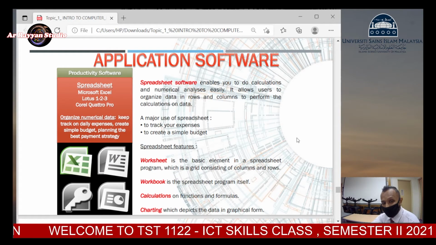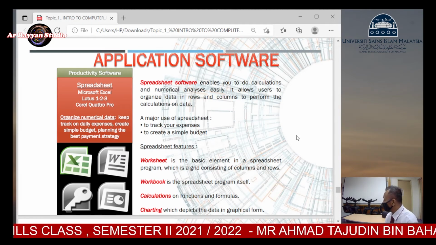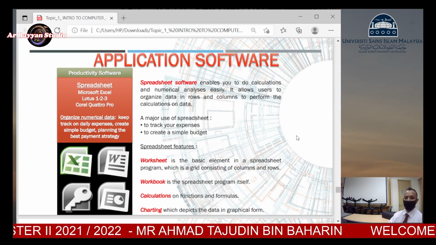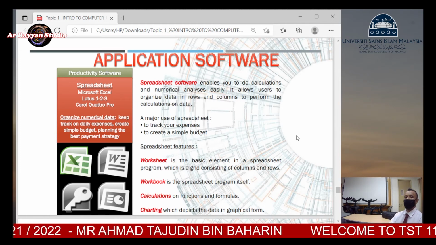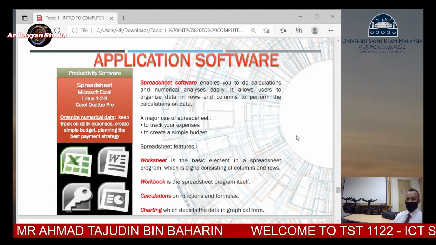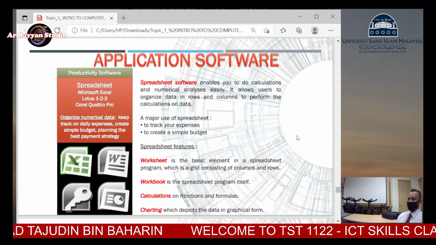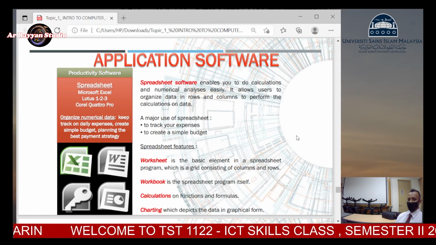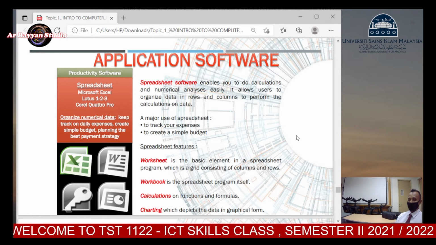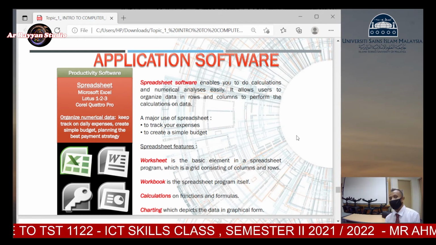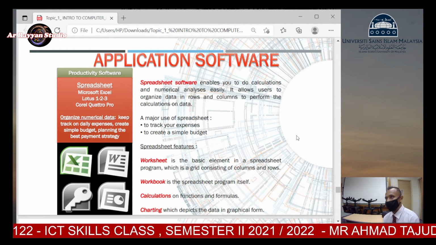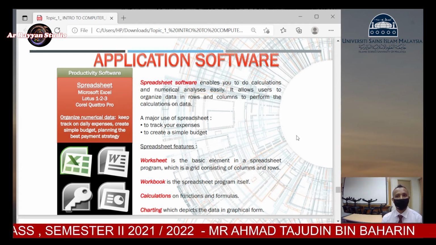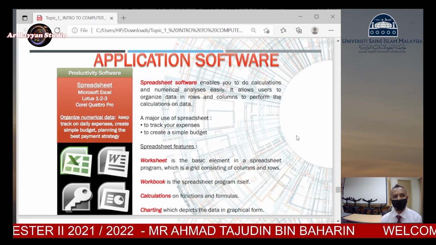Alright, next is spreadsheet software. Example, Microsoft Excel. We have Lotus 123 and Corel Quattro Pro. Okay, this software enables you to do calculation and numerical analysis easily. It allows users to organize data in rows and columns and perform calculation on data. Okay, it's not only about calculation, but it also helps us to represent the data in charts, such as bar chart, pie chart, and